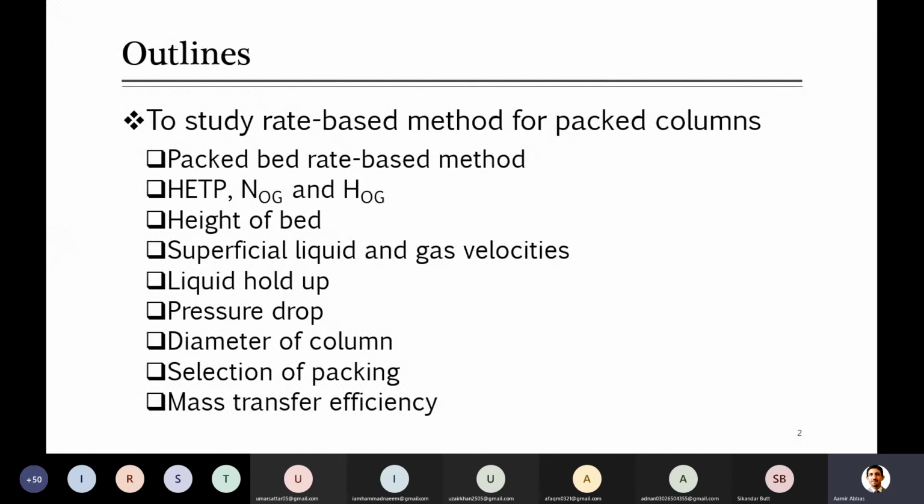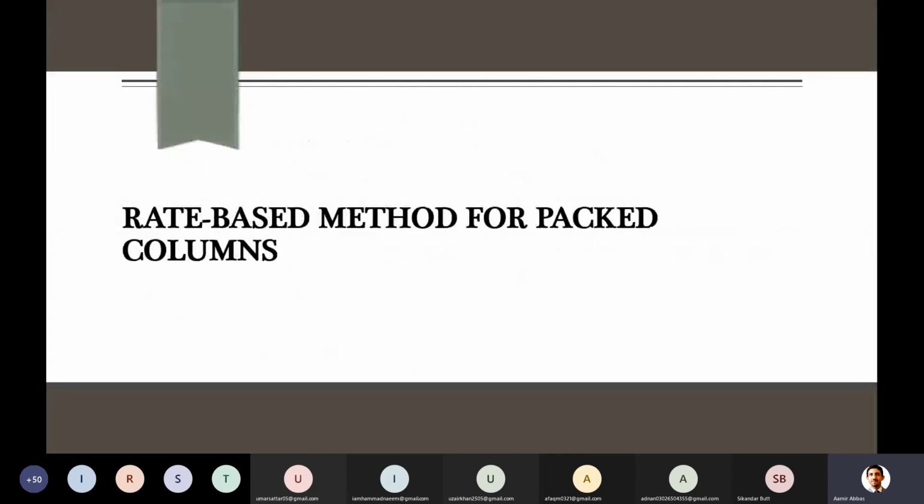And at the end there will be only one small topic left, related to chemical absorption. Up to now we are just studying physical absorption. Most things are the same, but when reaction is involved, your equation will definitely be a bit modified. That will be the last topic, and hopefully we cover all this content in 4 to 5 lectures. Before I start with this method, I will quickly summarize a few things which you have already studied.